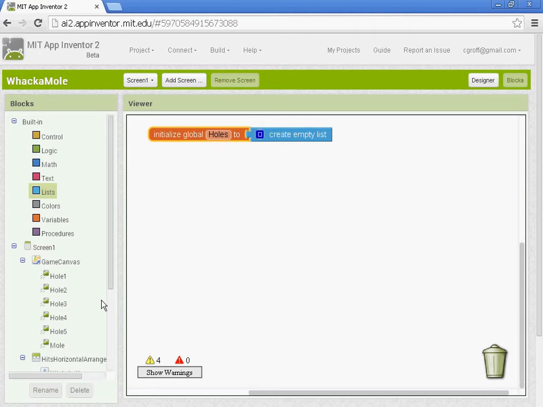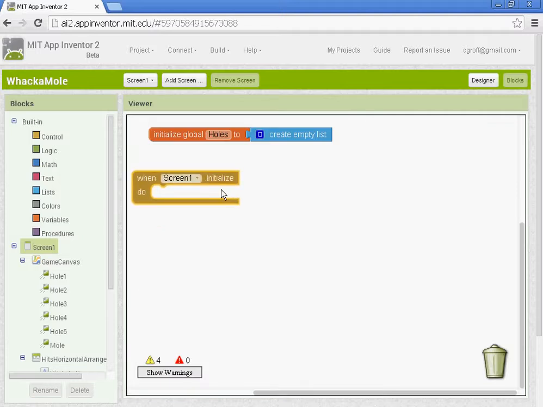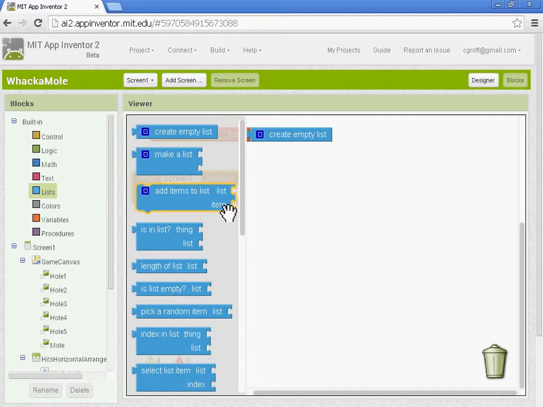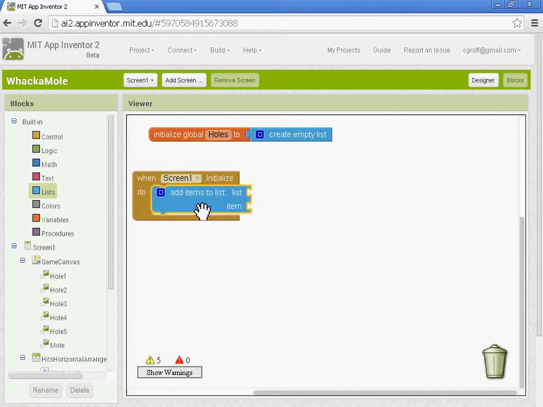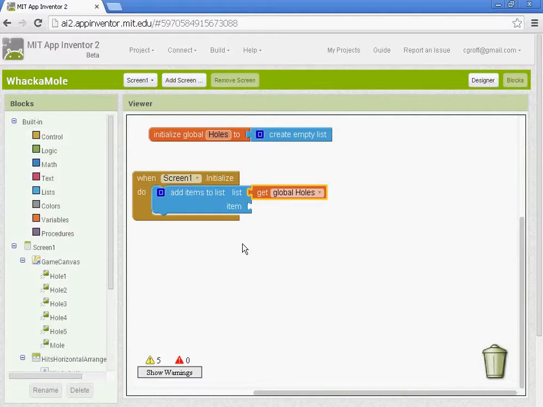Then under Screen1, we're going to get the Screen1.Initialize block. That means when Screen1 is started, we want this to occur. So we're going to do add items to list. Our list is the dummy one that we just made, so we're going to do get global holes. Then we're going to add in the items, which will be our holes. So when Screen1 starts, it's going to add in the holes that we've put in here. The reason we're doing that is so that later on we're going to have our mole move to those